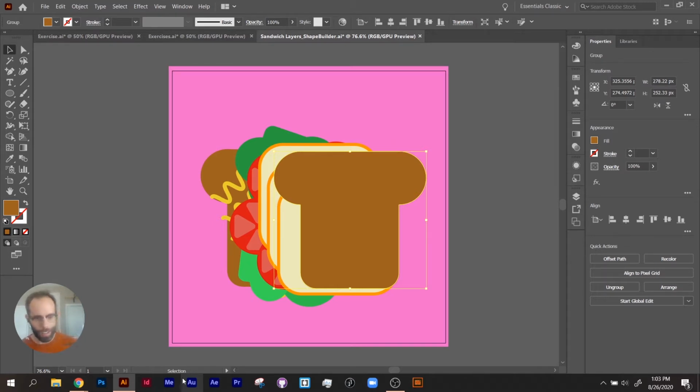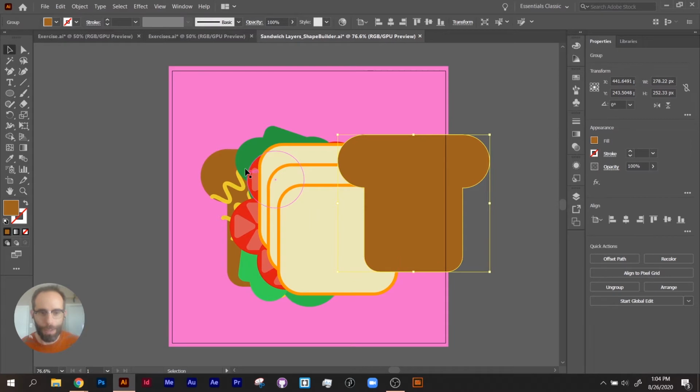And so I like to think about this through the lens of a sandwich, right? Where with a sandwich, you are able to see everything from the top down. So we have our bread, and underneath that is our cheese, followed by tomato, lettuce, and mustard or mayo, depending on what you're into. And the layer of bread is going to be on top. That's what we want to see first. And so the way that I have this structured is I have my bread, I have some cheese, tomatoes, lettuce,